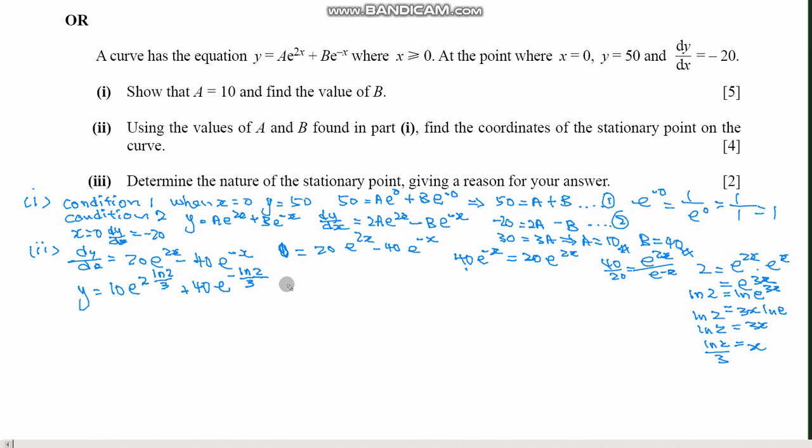Now how to simplify this? This is a bit tricky. Let's bring in the ln 2. You see here it is 2 over 3, so I take out the 2 over 3. If I multiply this with this, I still end up with 2 ln 2 over 3, but I take out the e^ln 2, so I keep the other index, the power 2 over 3, outside. Plus 40 e, the same thing, I take